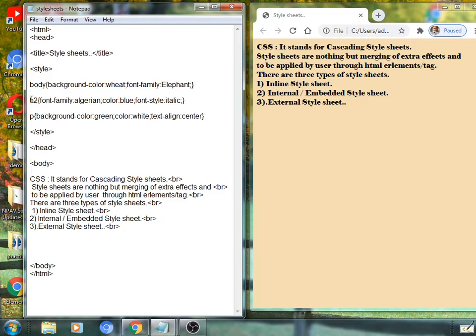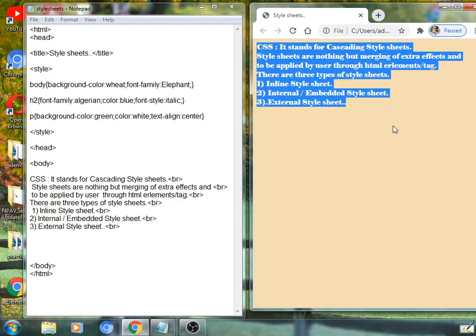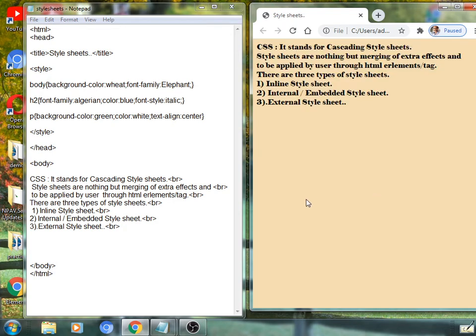Suppose H2 is given, one can apply it anywhere from here as an H2. Once again, if you want to apply here, it will be applicable as H2. Suppose I am giving here style sheets in H2.